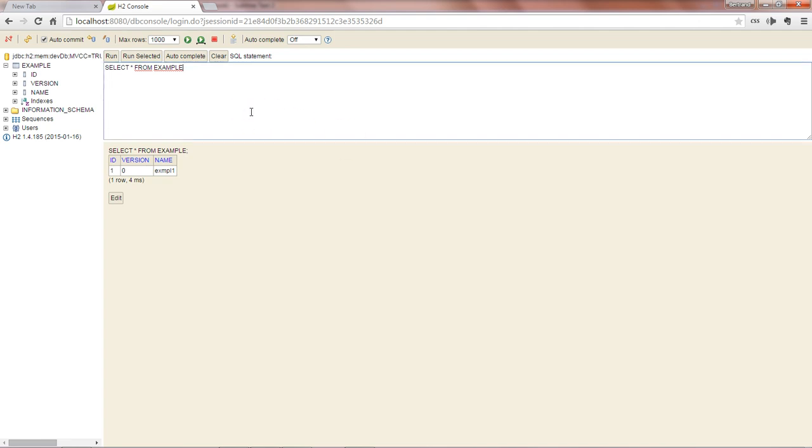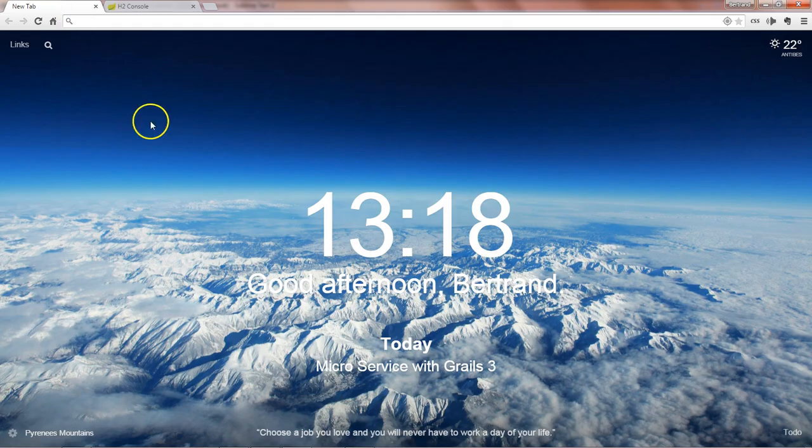So in conclusion, I would say that Grails 3 is really powerful, and you can use microservices with the Grails profile web micro in order to quickly create microservices and to prototype really easily